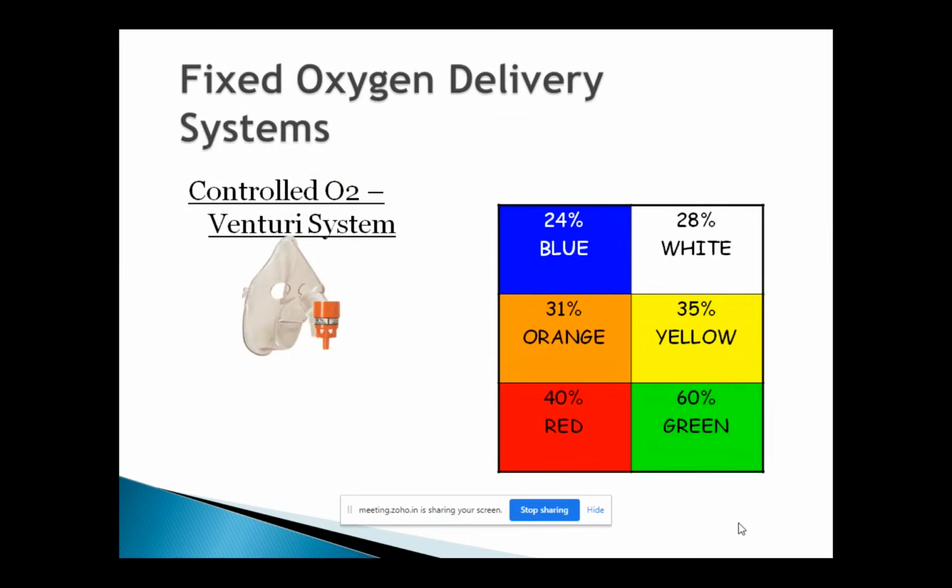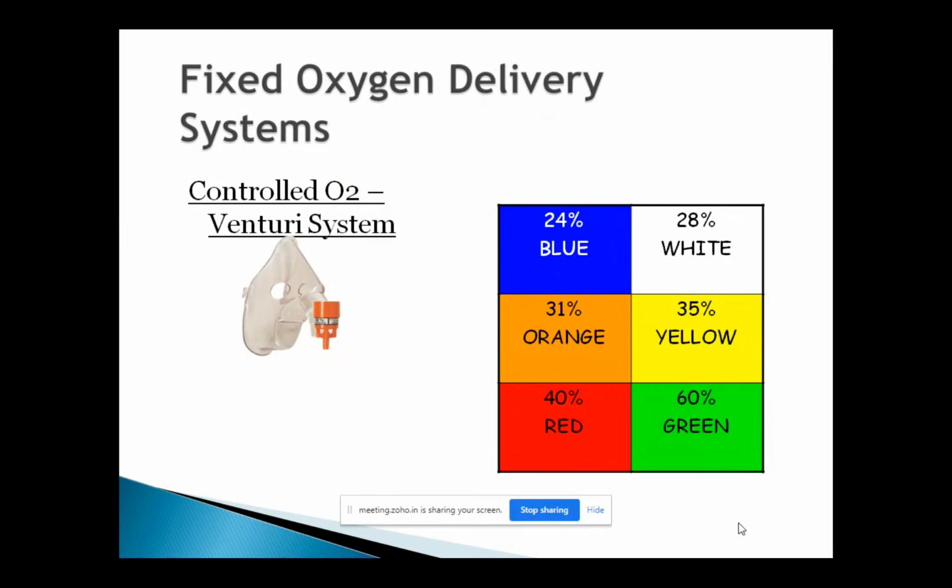Then you may say, how can I give 24%? How do I know how many liters of oxygen I have to set to give the 24%? It's very simple. You don't have to worry about it. You look at the valve. It is very clearly printed on the side of the body of the valve: for 24% oxygen, you need to set 2 liters. The manufacturer's instruction is very clearly on the valve. For example, if you take the white valve, it will say that to give 28% oxygen to a patient, you need to set the flow meter to 4 liters.